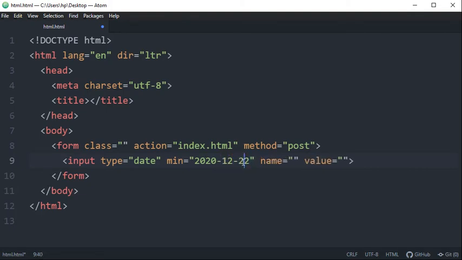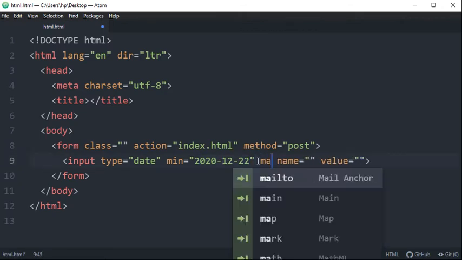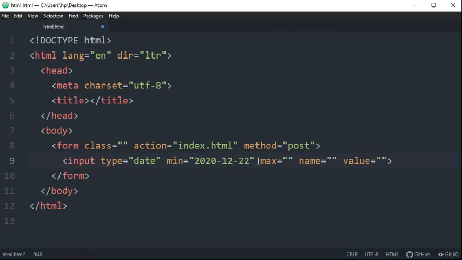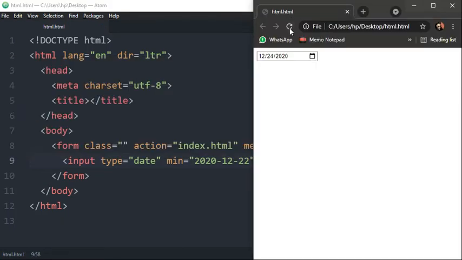So this is date, this is month, and this is year. So I don't want user to go below 22nd of December 2020, and you can select max value as well. I don't want user to go beyond 10th of December 2021. So this is how you can define it.